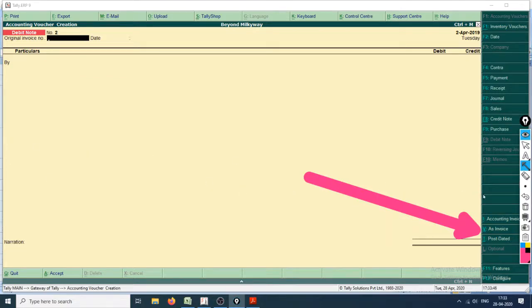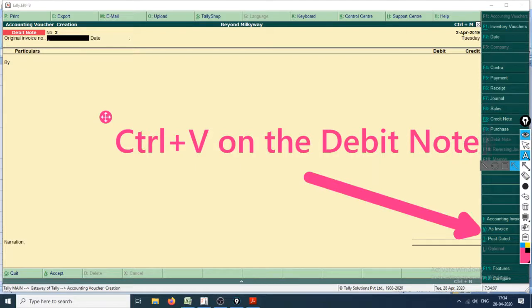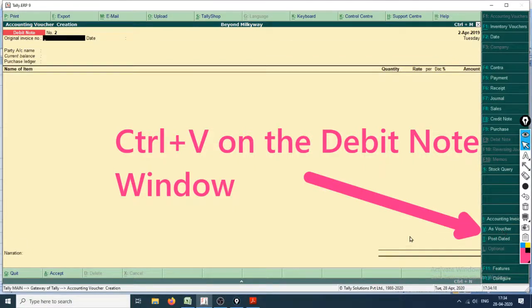You can also press Control plus V. This feature will only be activated on the debit note window. Let's see what magic this feature does as invoice.